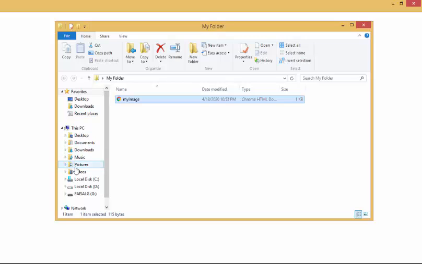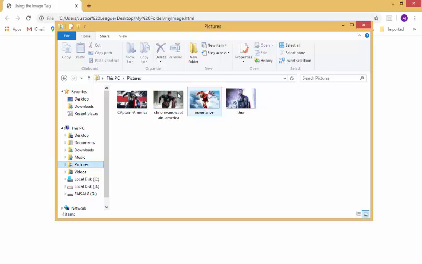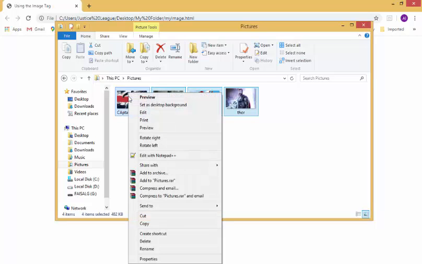For example, I'm going to open my picture folder. It's another folder, and I want to use these pictures. So what I'm going to do is copy this,